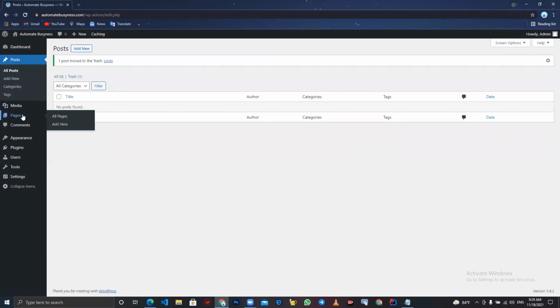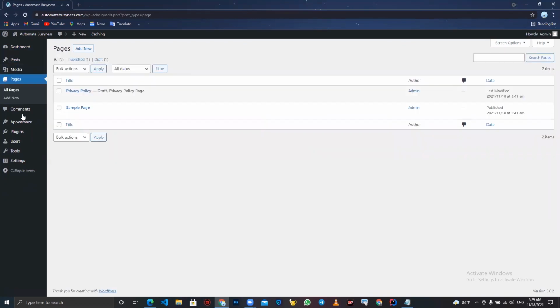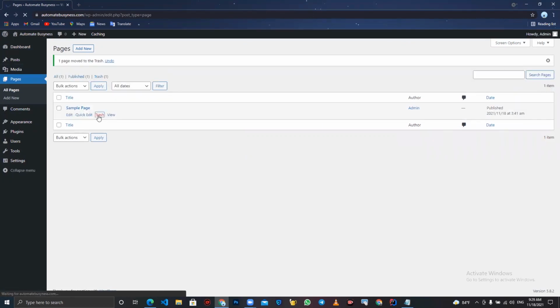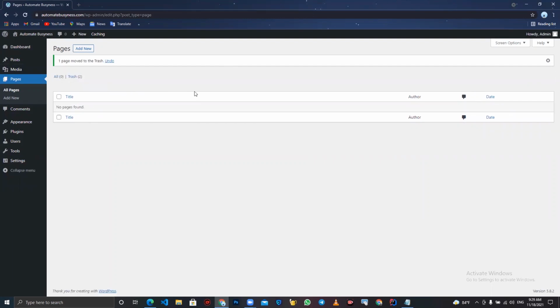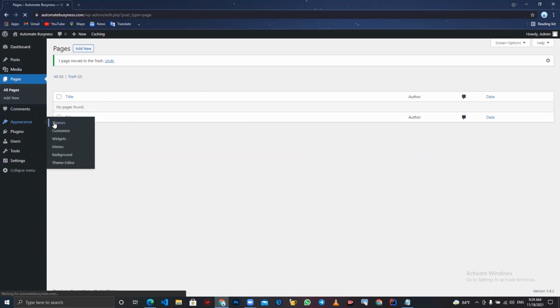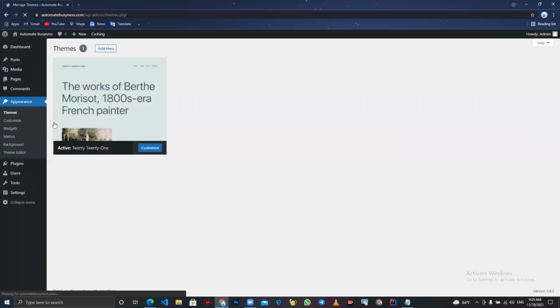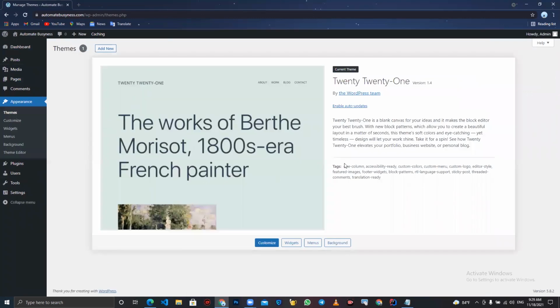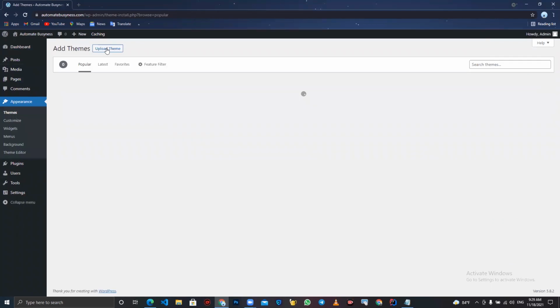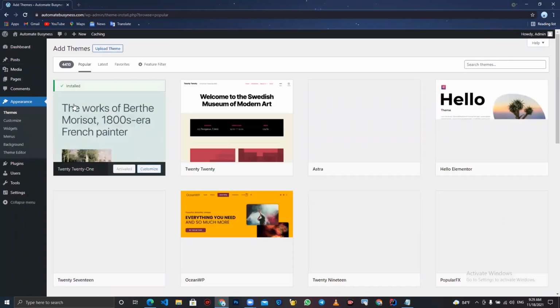Then in pages also, there will be two pages by default: privacy and sample page. We can make them trash too. Both of them you can trash, and after that you can delete them permanently. Then appearance, and in this appearance there is a theme option. Basically we need to install and activate a theme. This is the default Twenty Twenty theme. We'll use a different theme, so add new, then you can search